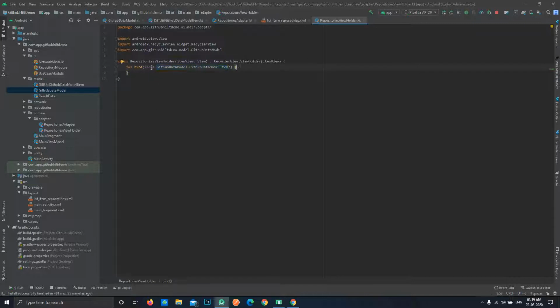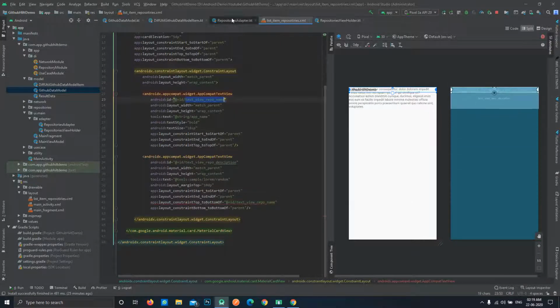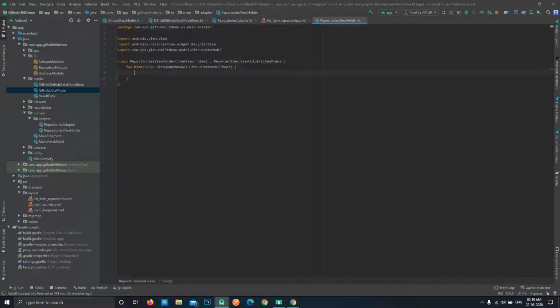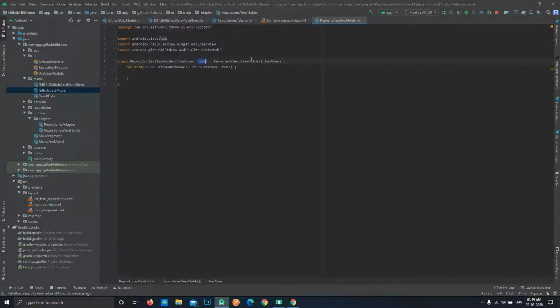So now we can directly use this item's instance to provide our list items with the data. So in this text view repo name, where is it, yeah, here we can use that text view repo name using this item view, because this is the whole view.